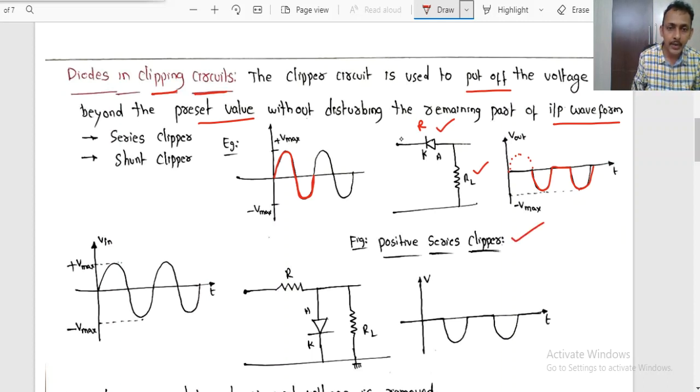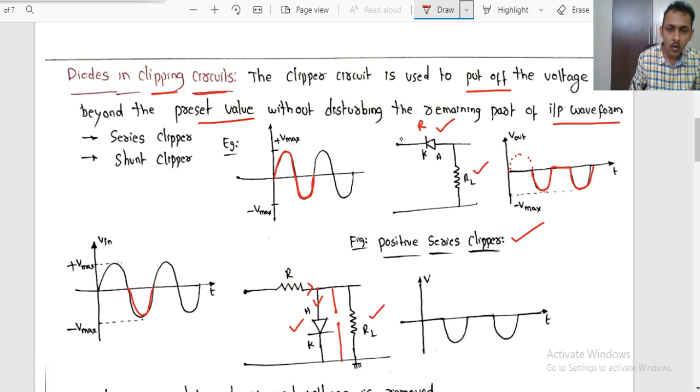Now similarly you can connect the same clipper in parallel to the load. It is connected in parallel to the load. Here also you can observe during positive half cycle this will be forward biased and it will act like a short circuit. Current or voltage after coming up to this point, the entire thing passes through this diode. And during reverse bias, during negative half cycle of the applied voltage, this diode will act like an open circuit